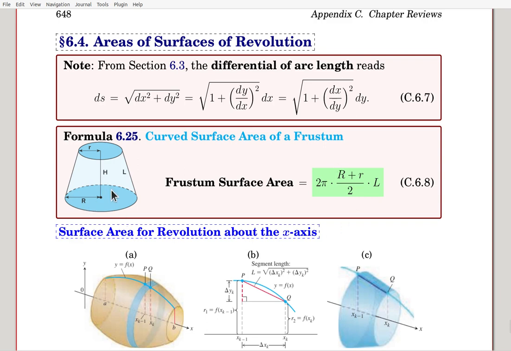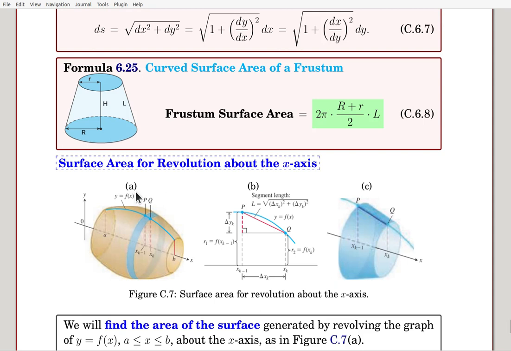Here, for this frustum, the curved surface area is 2 pi times the average radius, (capital R plus small r) divided by 2, times the side length. So along with this one, now we can get